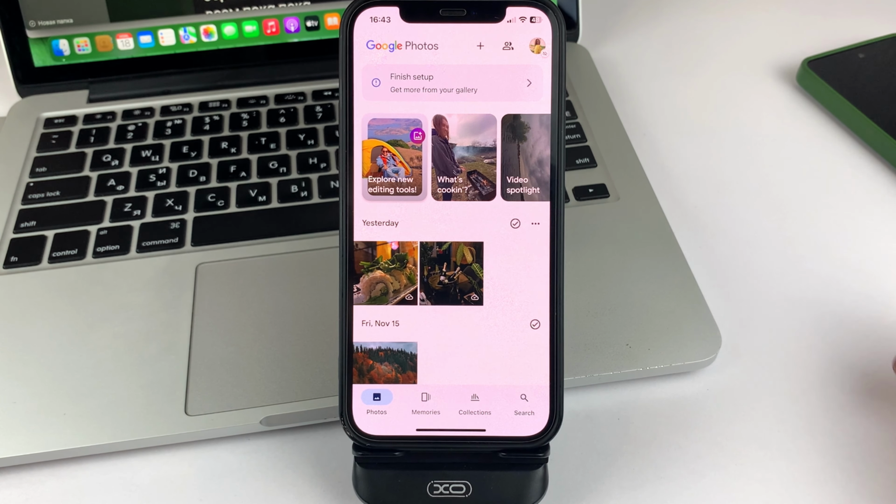There are times when the synchronization between Google Photos and the Gallery turns on by itself. So periodically, I recommend that you go into the Google Photos app and check to see if you have this backup activated. And if it is, just go in and deactivate it. That's how you can quickly and easily disable Google Photos Sync on iPhone.